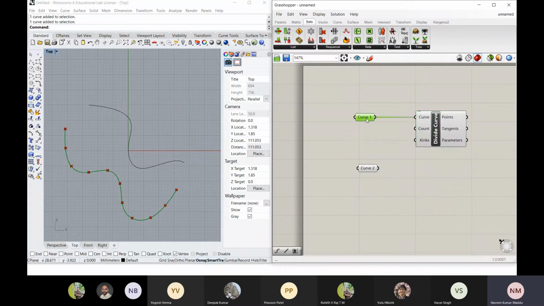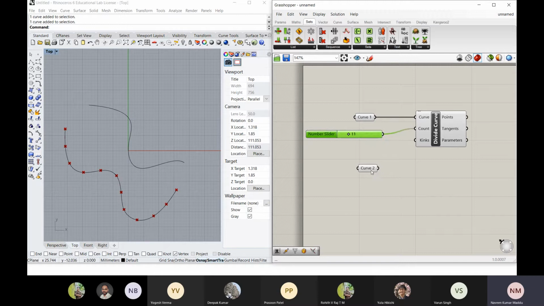I can parameterize that by using a slider. One more shortcut for a slider is to double click here and write the range of the slider that you want. Let's say I want to start at 1, then write less than, and I want to increment that slider by 1, so the increment is 1. Then I want to end at some value, 50, let's say. If you type this command, it will create a slider starting from 1 and ending at 50 with an increment of 1. Okay, so let's say I put it here. You can see the curve is divided into 11 pieces.